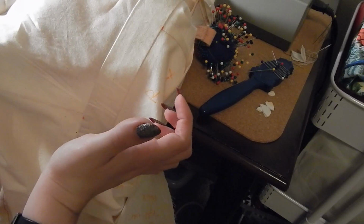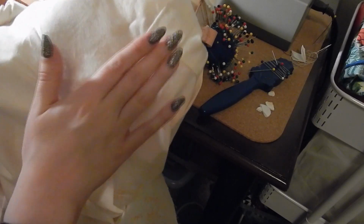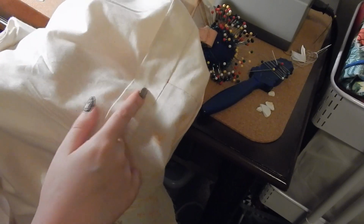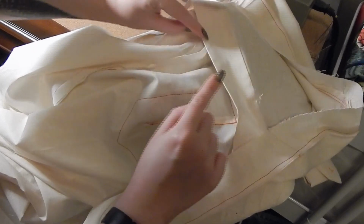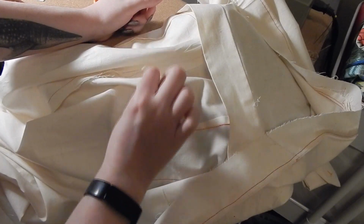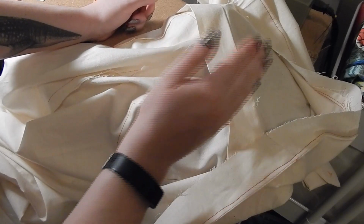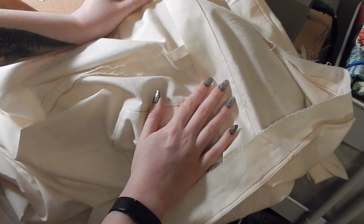And I didn't think it was going to be that big of a deal because I thought it was going to get whip stitched down, and no, it's getting top stitched down. That being said, I probably would not recommend trimming it down to 1/4 of an inch after you press the facing up. I'd probably leave that at 5/8 of an inch just to make sure that you have a little bit of wiggle room and make sure that you actually catch the seam allowance when you're sewing it from the top side. So I'm going to struggle with this for a little bit, and then we are going to